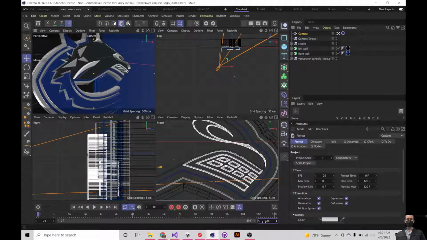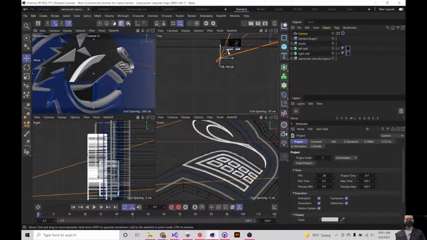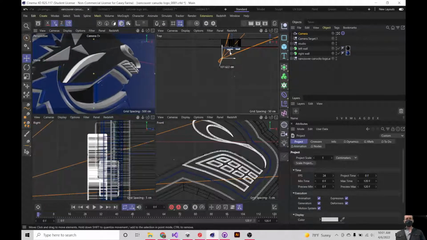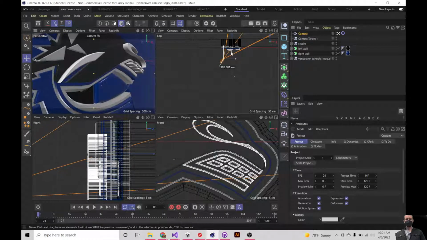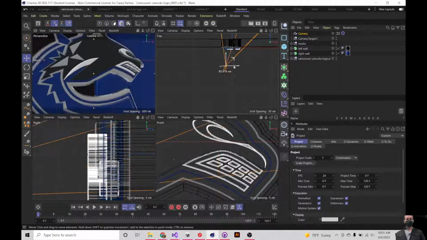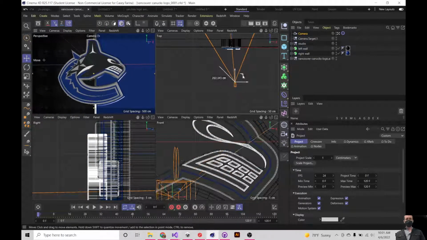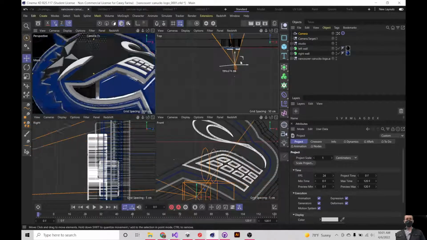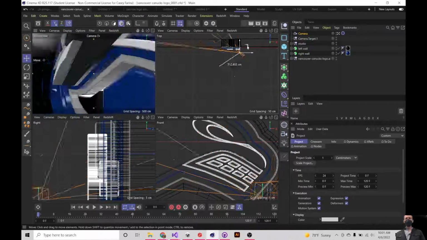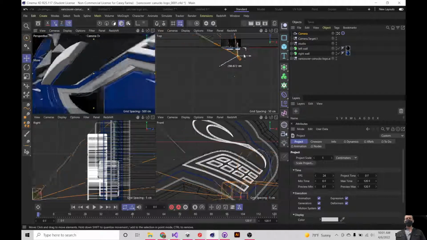Let's say 120 frames. That's 5 seconds at 24 FPS. 24, that's all good there. And so now I can start by starting up close, coming out, and then zooming back in. I usually try to go in some kind of U shape, right? So that we're kind of